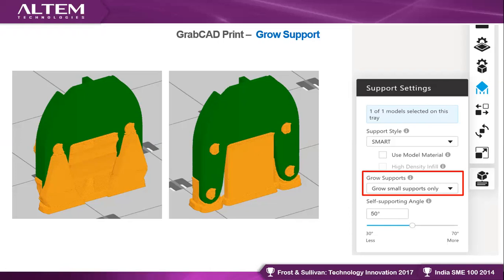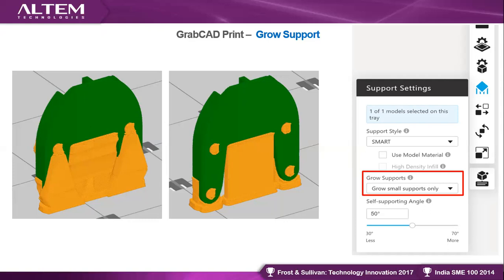Just the smart support. Actually, that is called the no support option. If you use the no support option, sometimes it will create a diamond shape on the model, right? Instead of your complete circular hole, it will make the hole a diamond shape. We have faced that one time. We tried with that, and the wall is not properly kept.